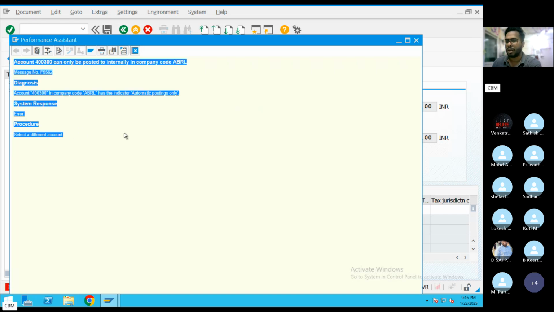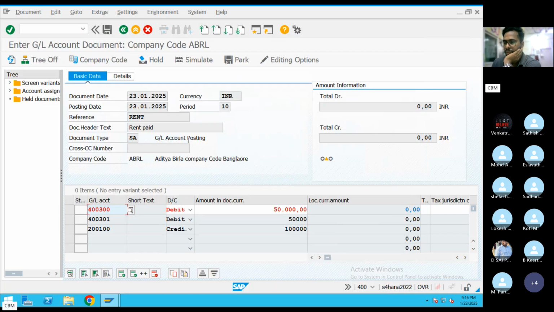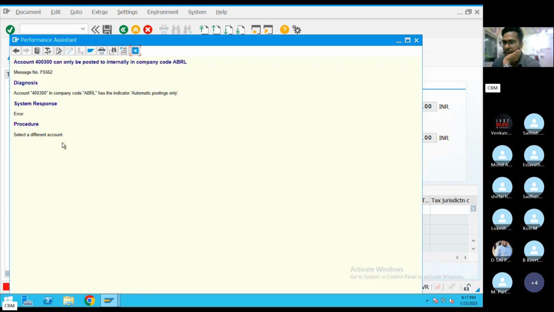So we are getting this error. We need to check whether this error is a technical issue or the user giving any wrong inputs. So SAP end user, what they can do: they try to post the transaction, they get the error while posting. They simply click on this, take the screenshot, and write the ticket. And you need to solve this ticket.